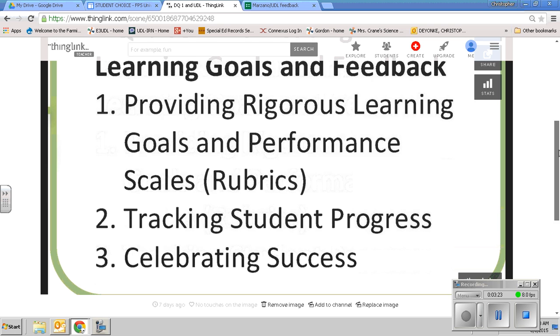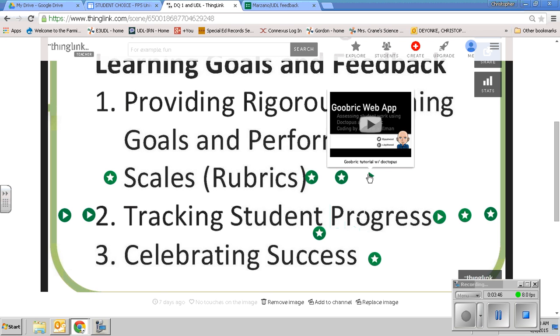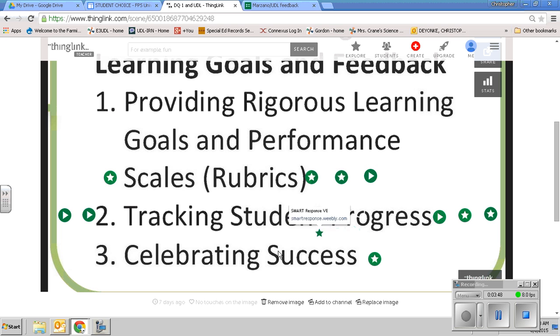So for example here, when it talks about providing rigorous learning goals and performance scales and rubrics, we have a link to Marzano's proficiency scales, some of which are already linked to Common Core standards, and you can search by grade level and content area. A link to Rubistar, which is a rubric creation website, and then a link to Goobric, which is a Google add-on that adds rubrics to your Google Docs,